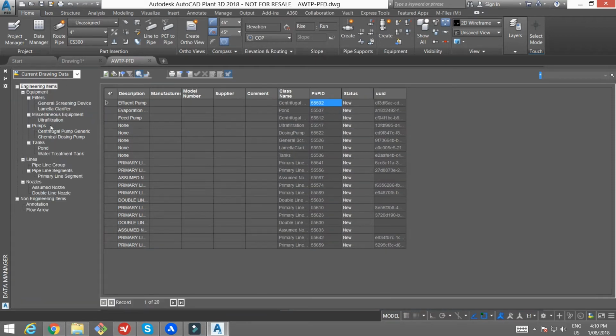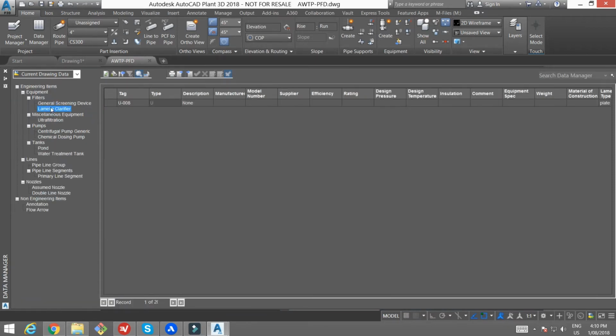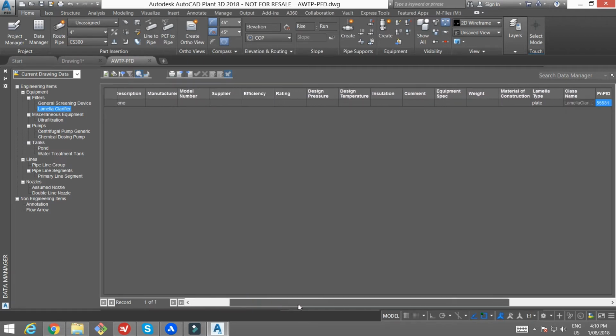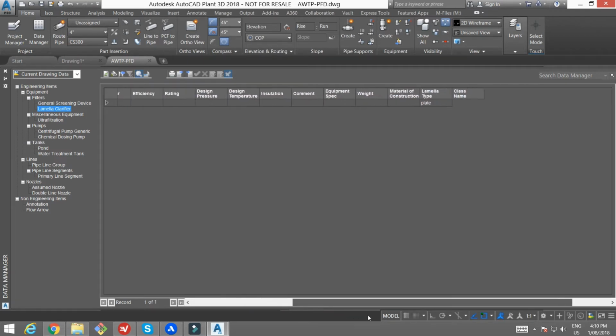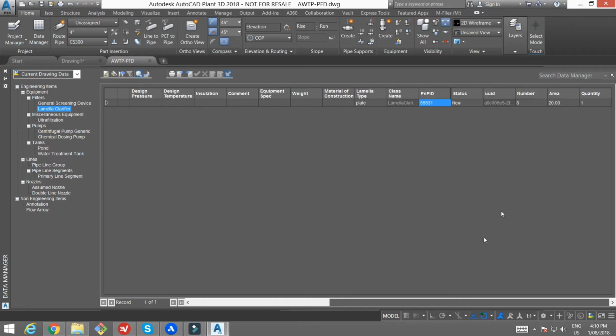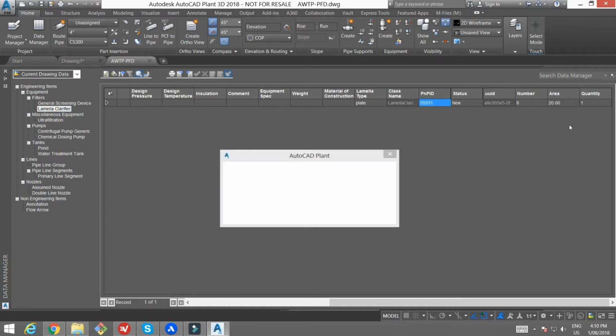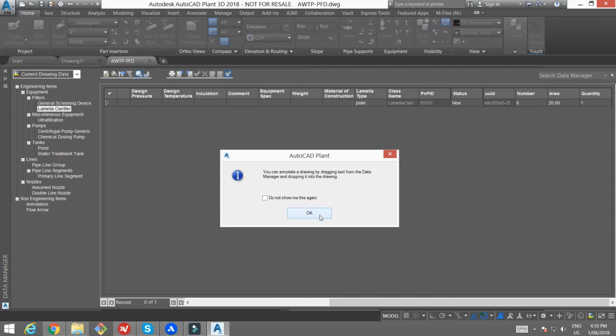So we can see here in the data manager, if I click on the lamella, that the tag number's there. There's no description, no manufacturer details. But if I scroll across, we've got these fields here: the area, the number, which is the tag number, and the quantity. Let me just change that area to